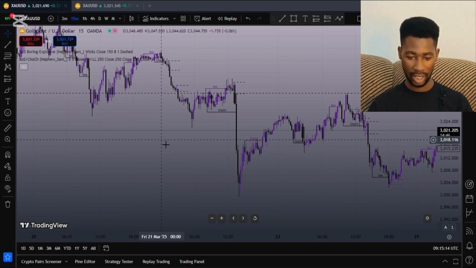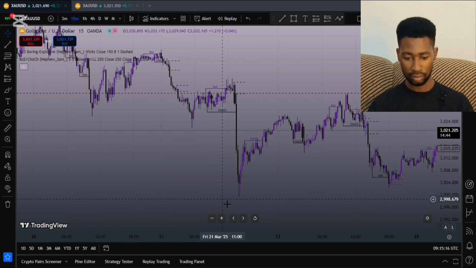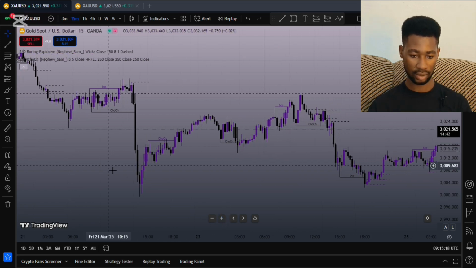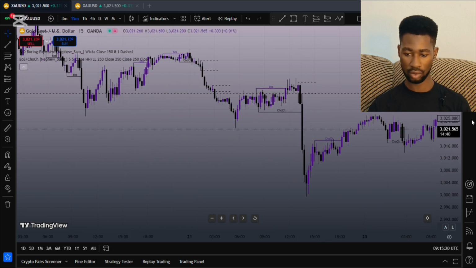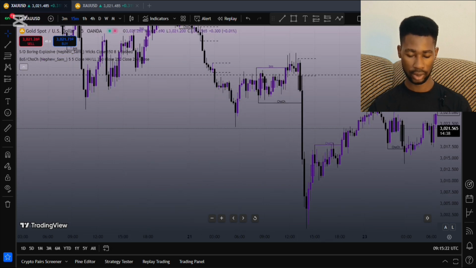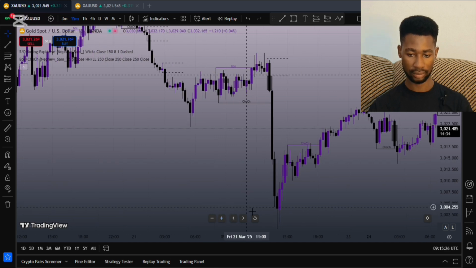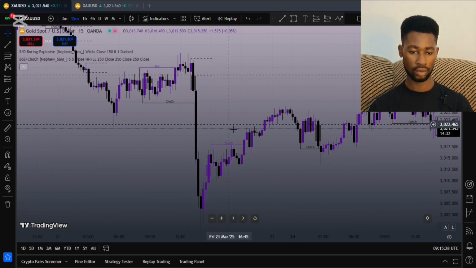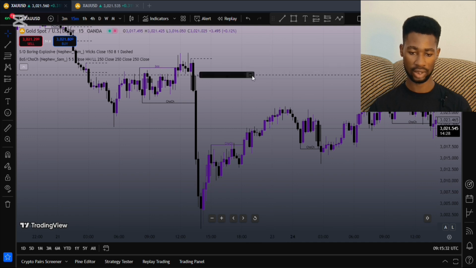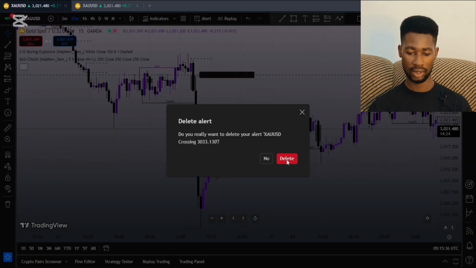All right, so now we have that marked out. So I'm going to zoom this in like this so you guys have a clearer picture, and we can navigate through this together. All right, so what can you see here? This was an alert I set. I have to delete this now. It already triggered, but I just set it again. Let's delete this. All right, so